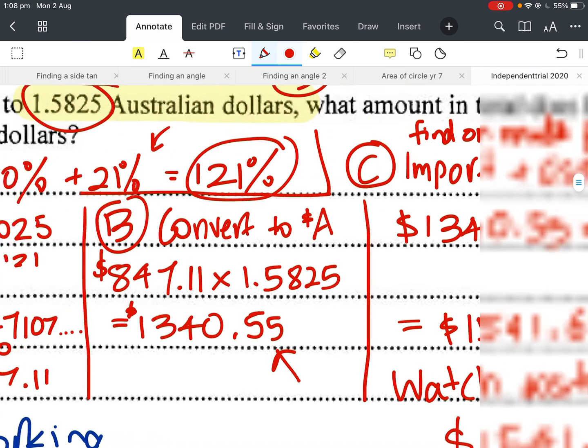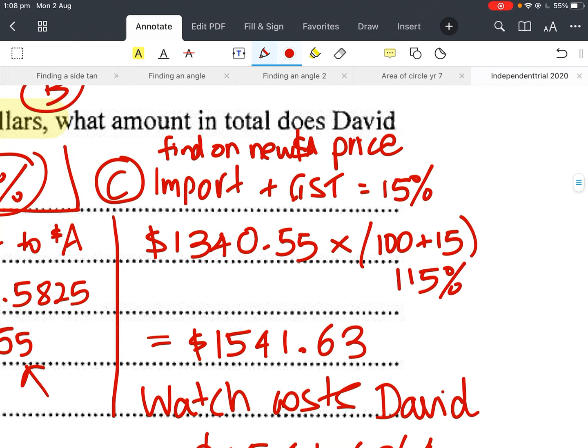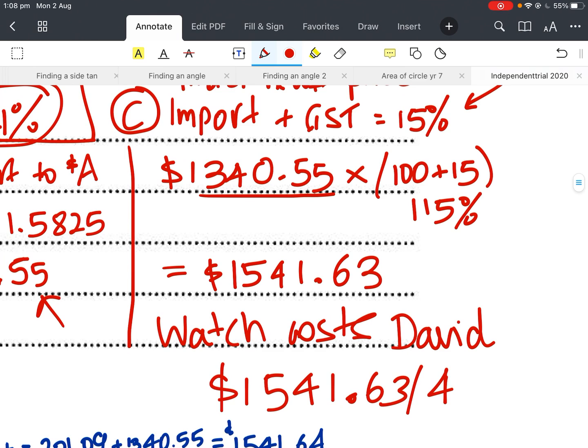So don't accidentally do the GST, add that on, and then 5% of the new price with the GST already added on. So don't do that, okay? Because I had to do it on the price before any GST was added on, I added my GST 10% and my import percentage 5% together to get 15%. Now, if you don't like doing it this way, I added those together, I got 115%, and I multiplied my $1,340.55 times my 115%,